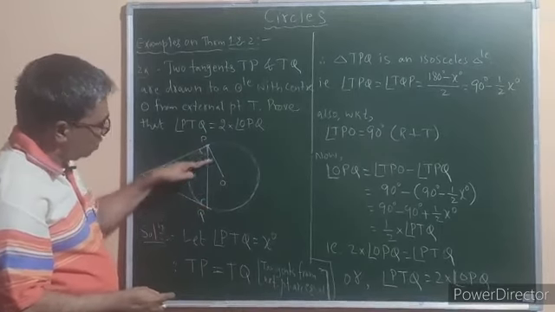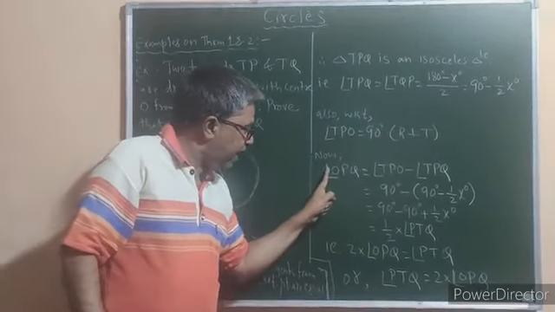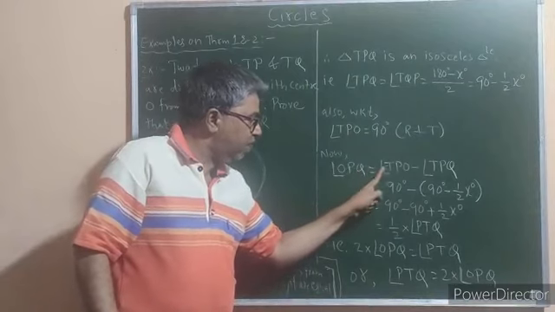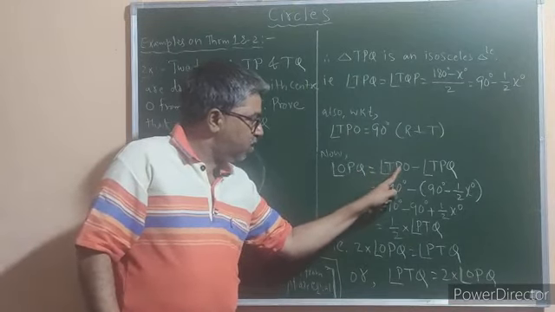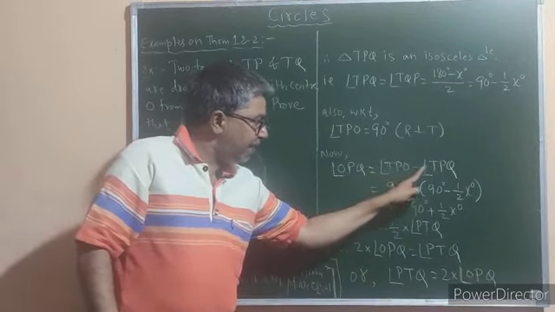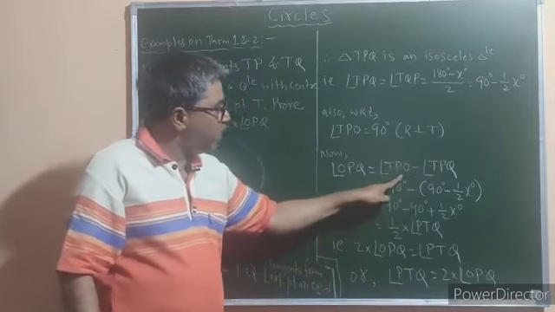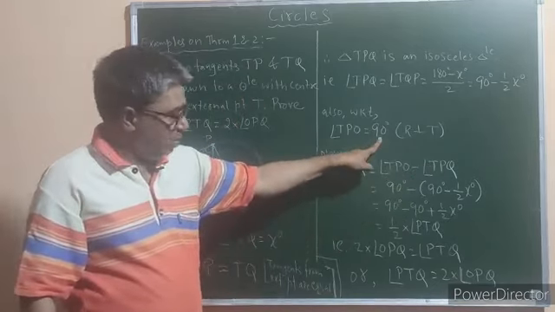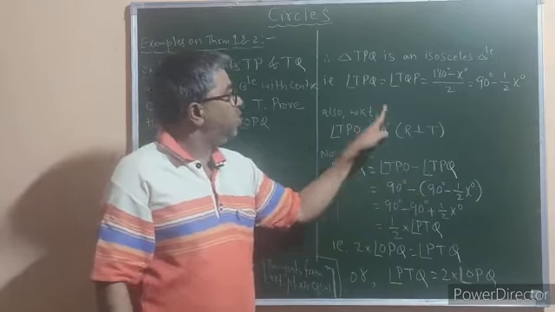So what I have written here: angle OPQ is nothing but TPO minus angle TPQ. TPO you know is 90 degrees, minus TPQ, which is